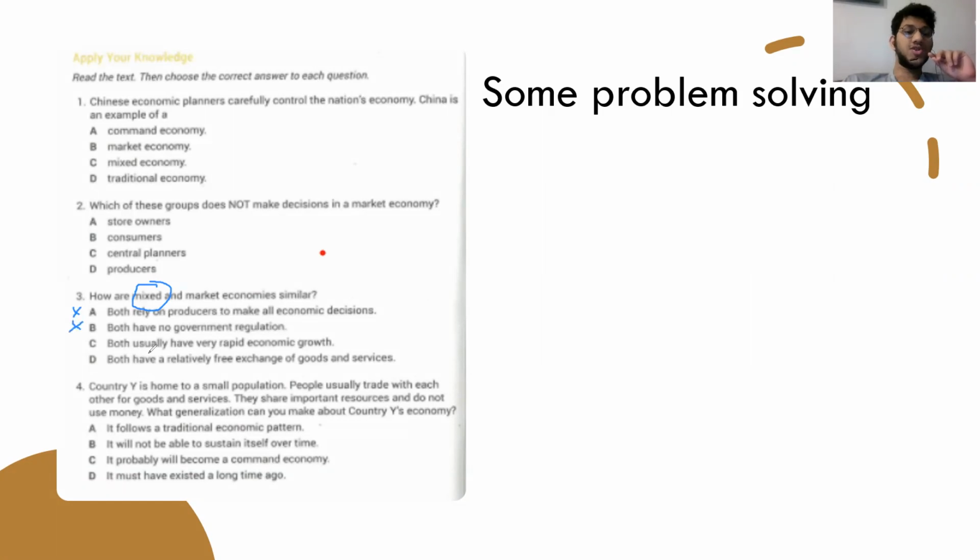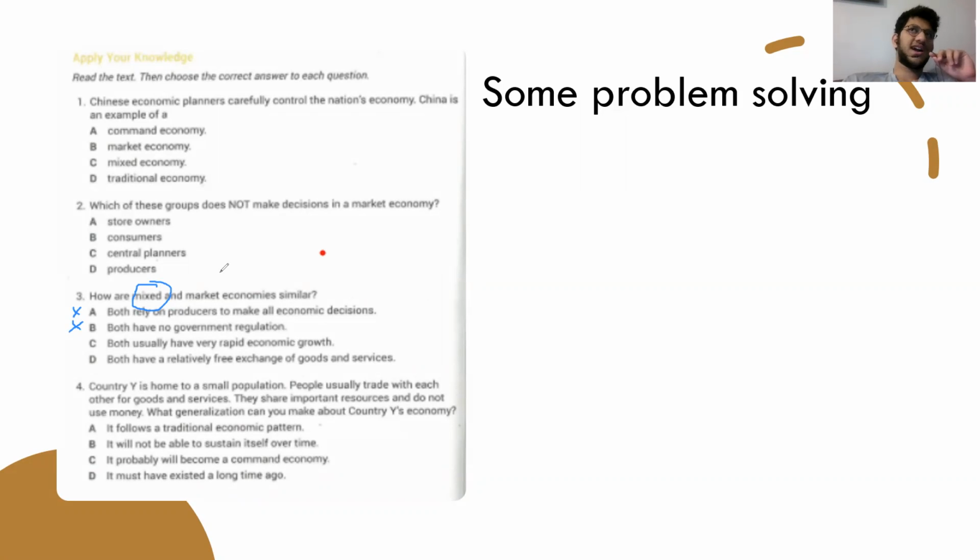Let's look at C. Both usually have very rapid economic growth. See, that's the thing. This seems like an answer that we don't know about. But this is the thing. We cannot guarantee economic growth. If you think about economic growth, what does it mean? It means the economy is getting bigger, the economy is getting stronger, whatnot, without going too much into the economics